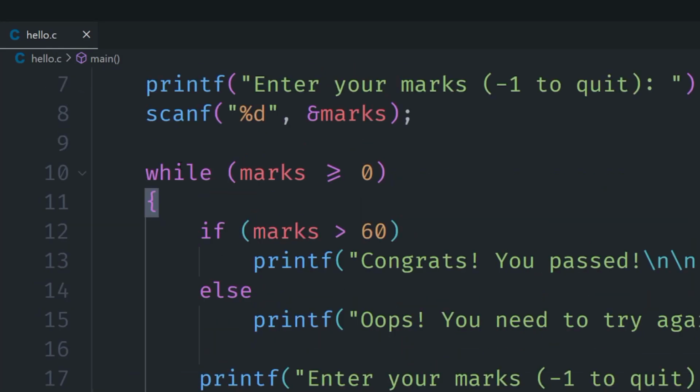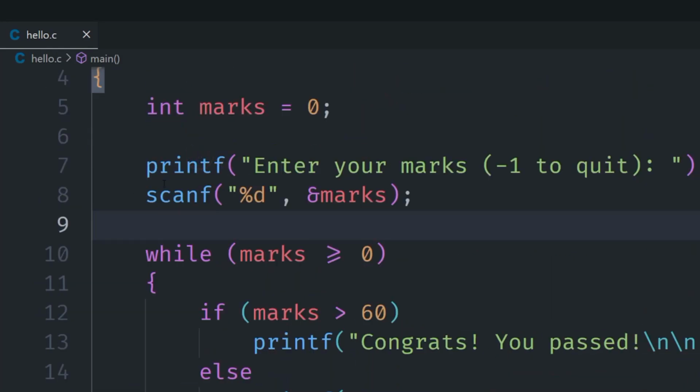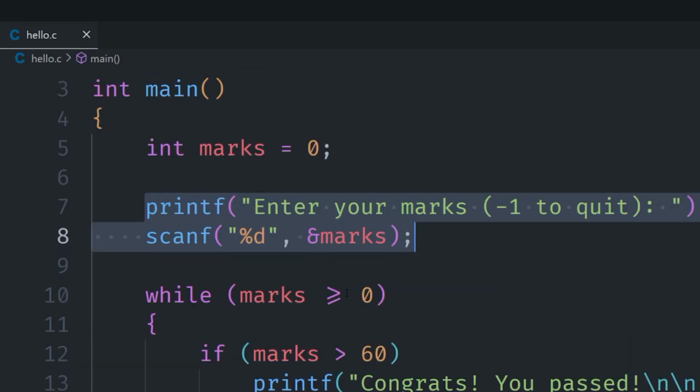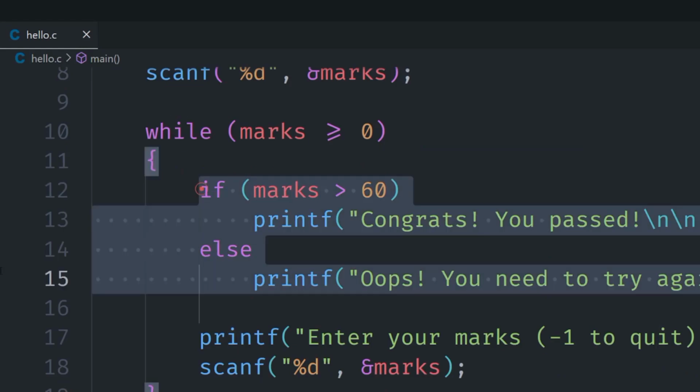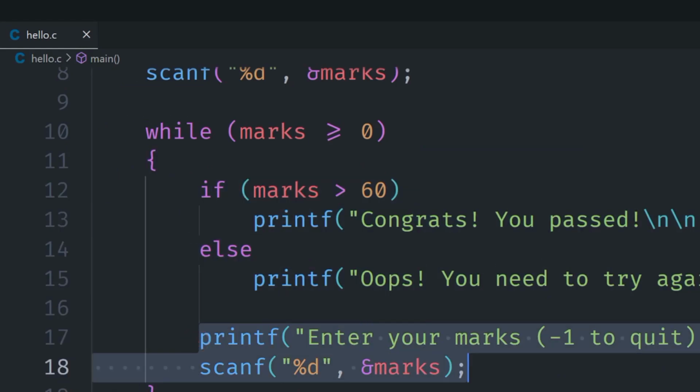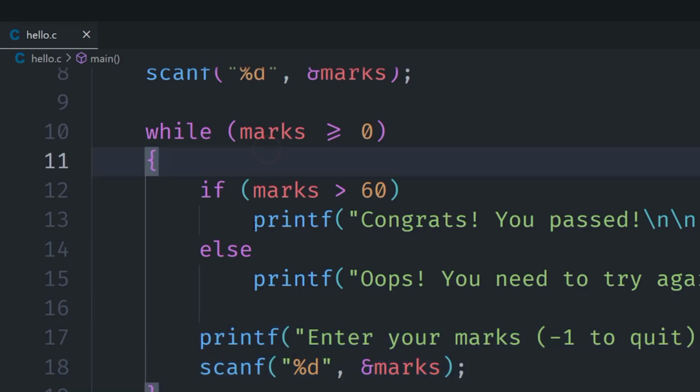An easy way to fix that is to first of all take the printf and scanf statements and put them once outside of the while loop. And in the while loop, after we first put these results here, we take the next value. Now this while loop depends on the next